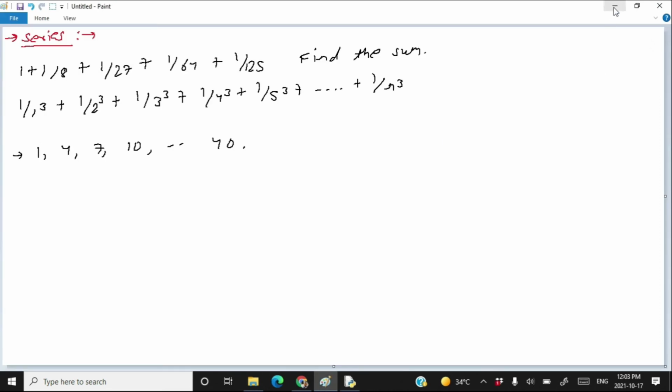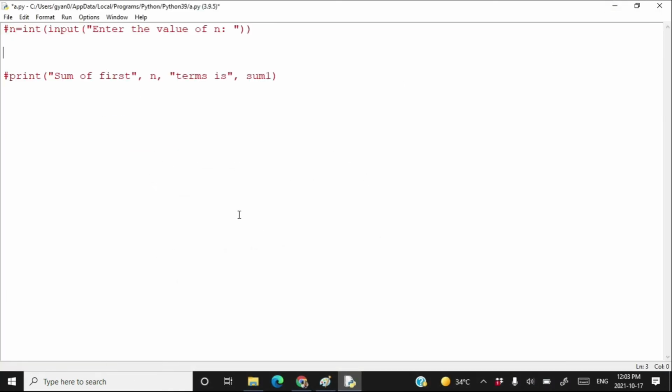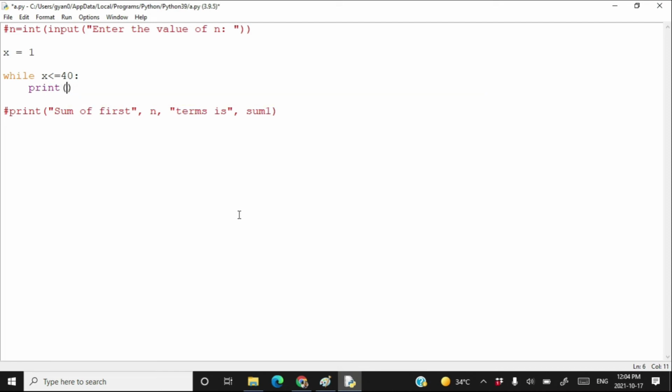So what I'm planning here is to use a while loop. Let's write x is equal to 1. While x is less than or equal to 40, print x comma followed by a space, and then write x is equal to x plus 3.